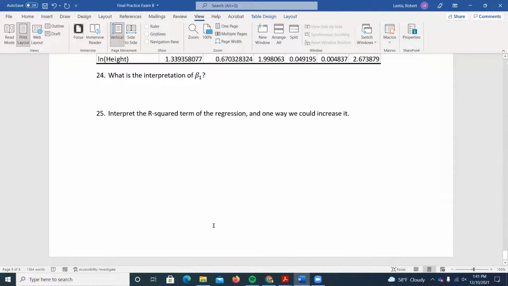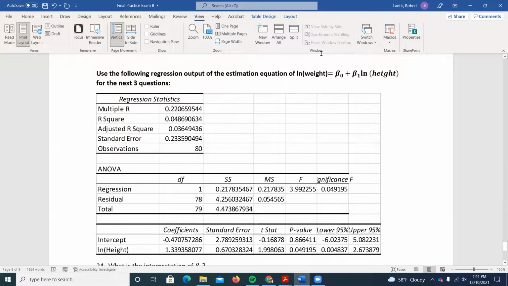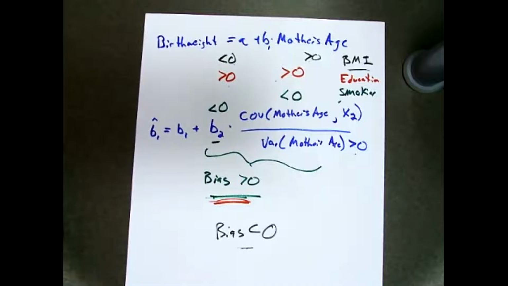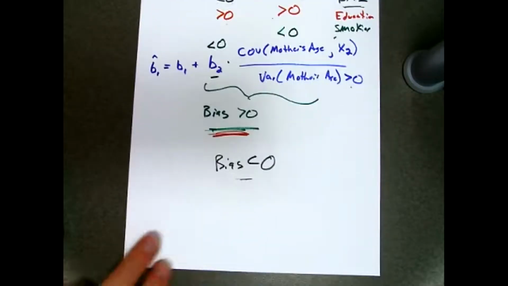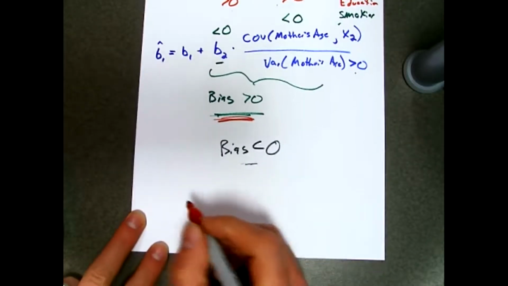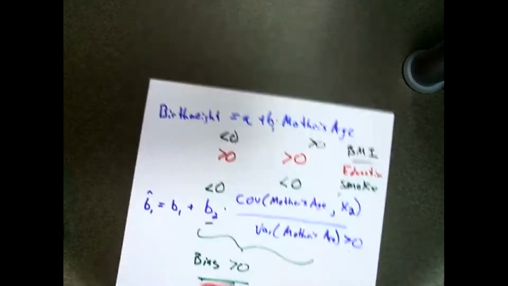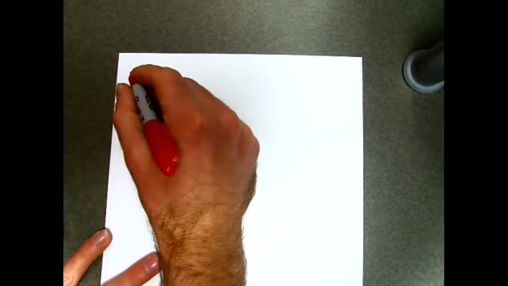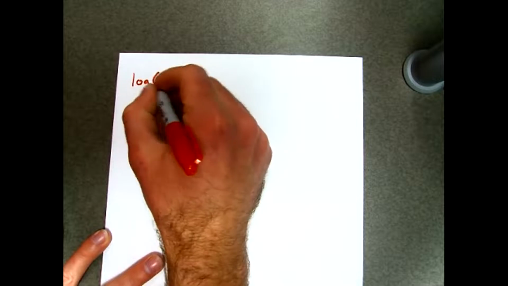So what if instead I wanted to do something different? I'll try to give you a good way to remember this. Start on a new sheet. So let's say we've got the level-level, easy, right? Everything's in units. Log-log, I don't think it's that difficult. Everything's just in percentages. The trickier ones would be, what if I had